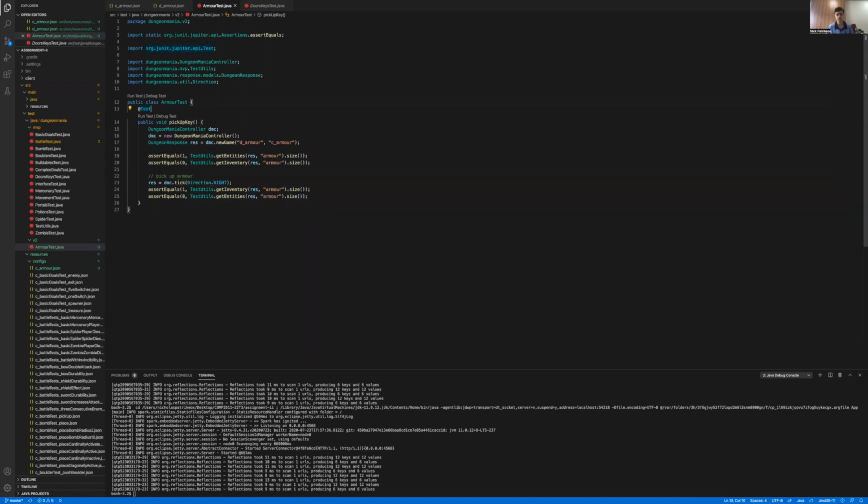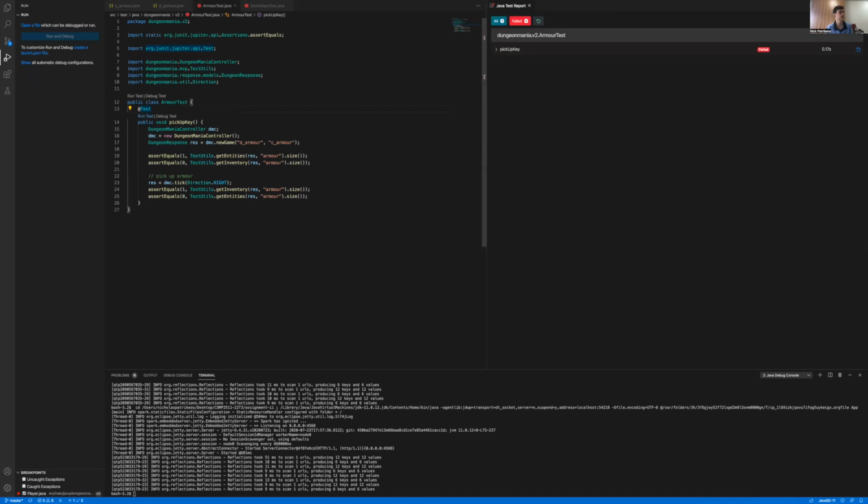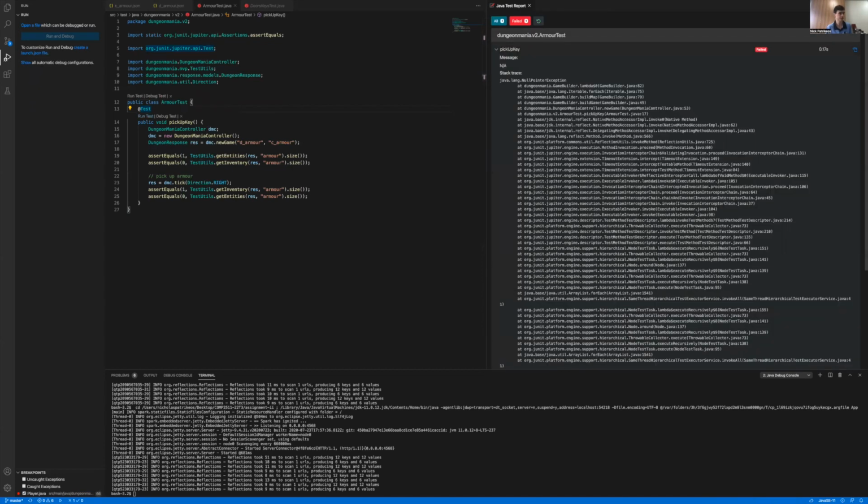Cool. Now, if I run this, it should fail, right? Because we haven't actually implemented armor yet. And I run it, and lo and behold, it does fail. Now, because we don't really have any understanding of the code base yet, and one thing I'll say is that,